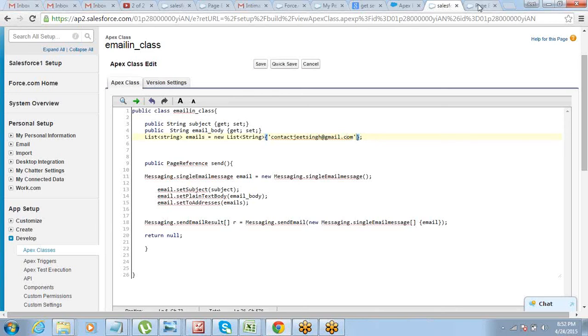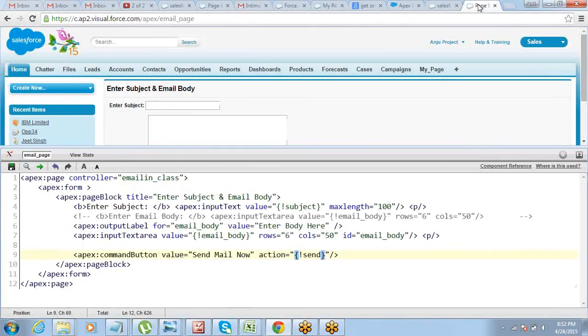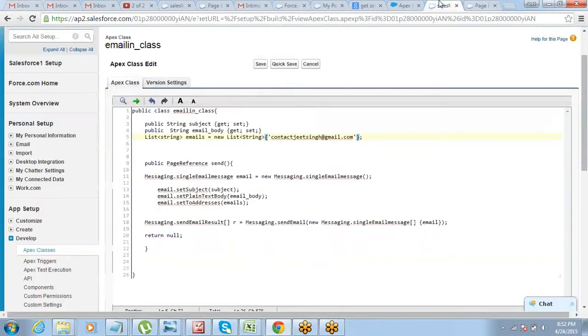One quick question here. Does it make a difference where we put in the page reference line? Can we put it in the end, or does it make a difference? Which one? Sorry. The public page reference send.